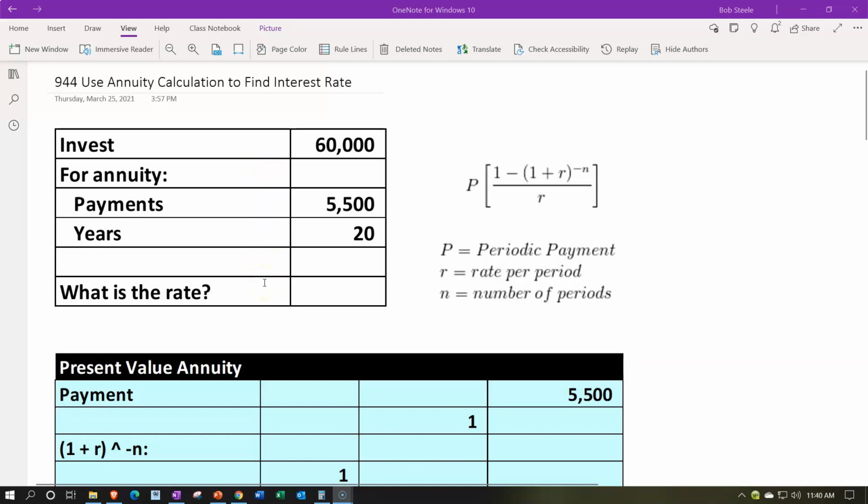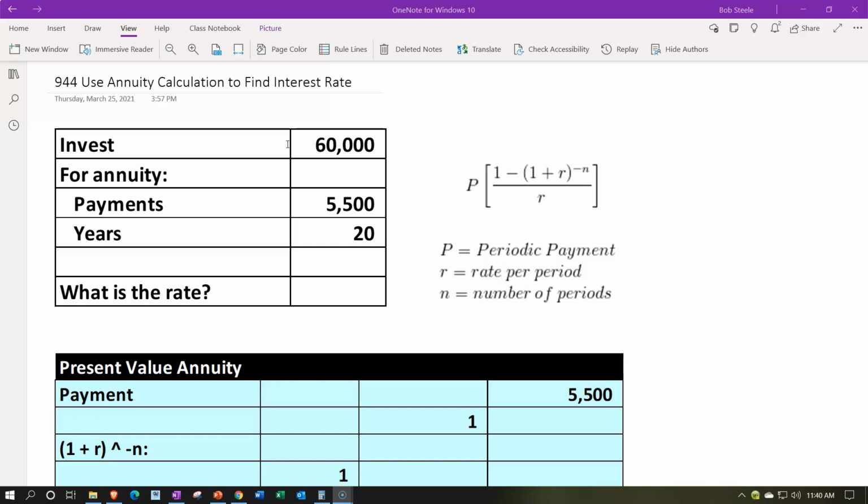Now, basically, we have the information for the present value of an annuity type of formula, with the rate being the unknown as opposed to the initial investment. In other words, if you think about the normal kind of situation where you'd be solving for how much to invest, like the 60,000, the question might look something like this. You'd be asking, well, if I want to receive in retirement the 5,500 in an annuity per period, per year, for 20 periods, then typically I would have to assume an interest rate, present value that in order to think about what the initial investment would be in order for me to set up that annuity,